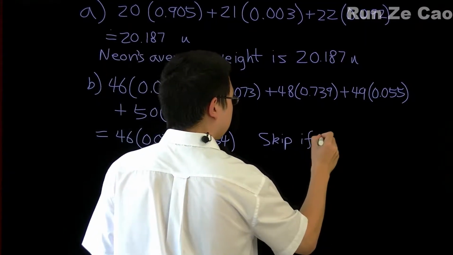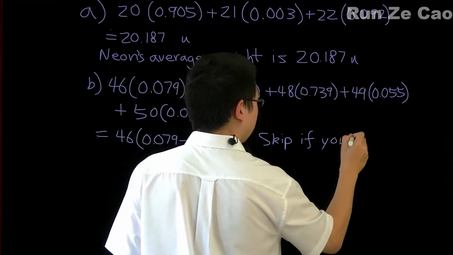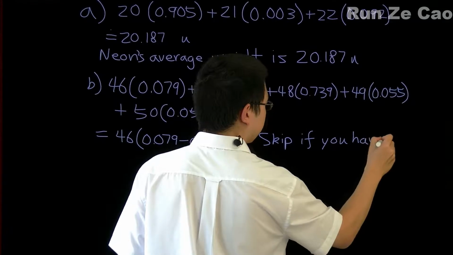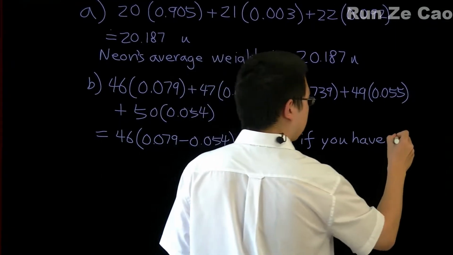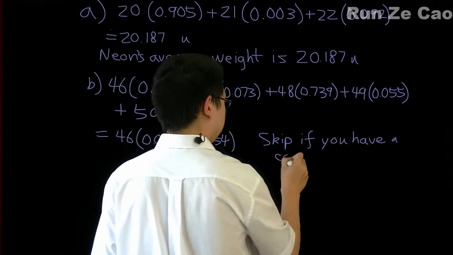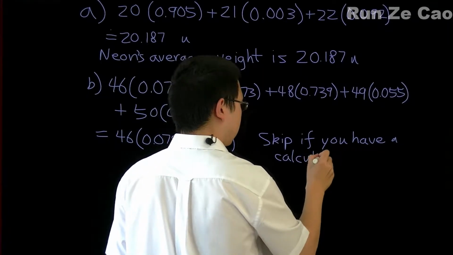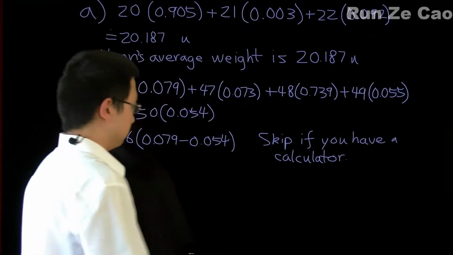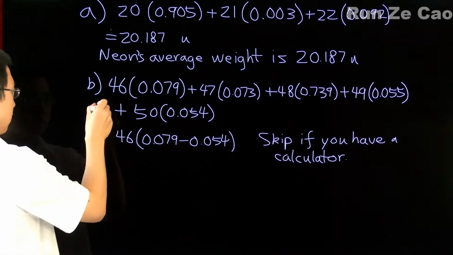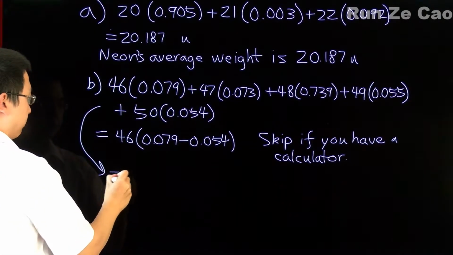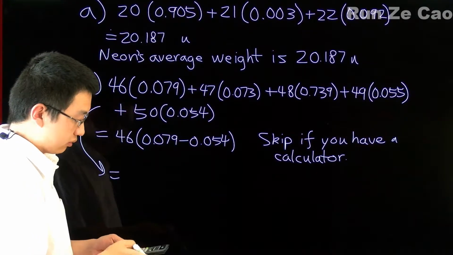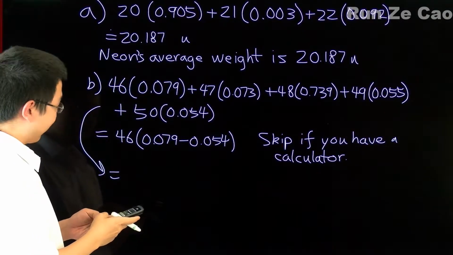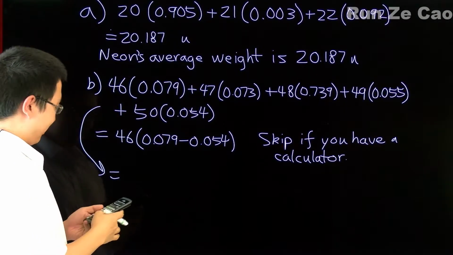If you have a calculator, which you should in every science class, you end up with brute force, which is 46 times 0.079, that's